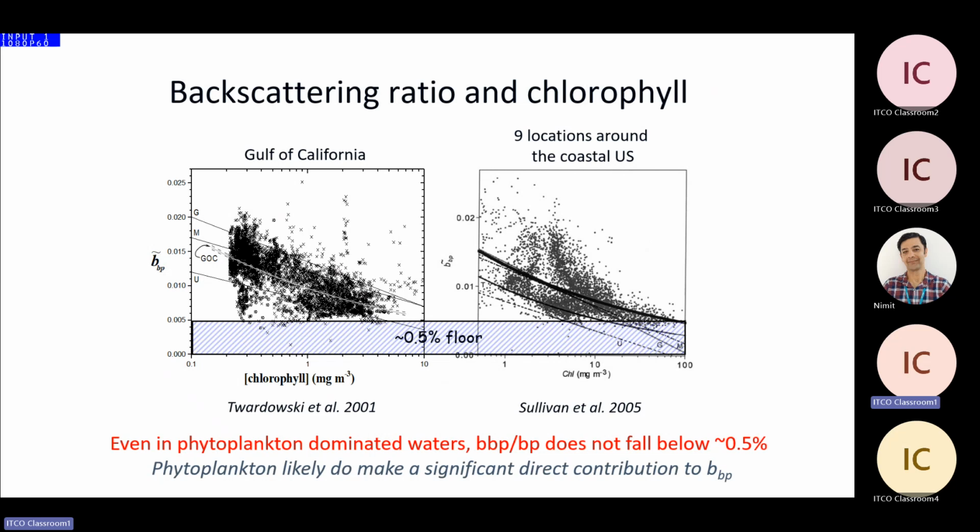So nominally, when chlorophyll is very high, you've got the phytoplankton dominating. If Mie theory was right, then you'd expect about an order of magnitude less backscattering ratio than what we're actually measuring in the field. But we never really see anything below the 0.5% floor, even when phytoplankton are dominating. So it's very important. This is just another clue that phytoplankton likely do make a very significant direct contribution to